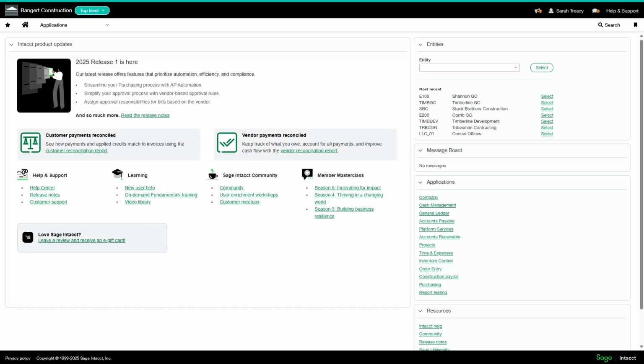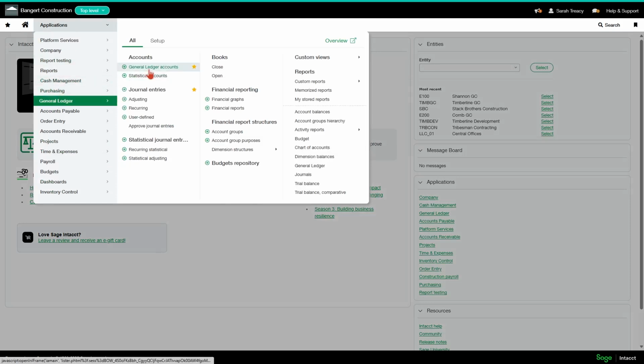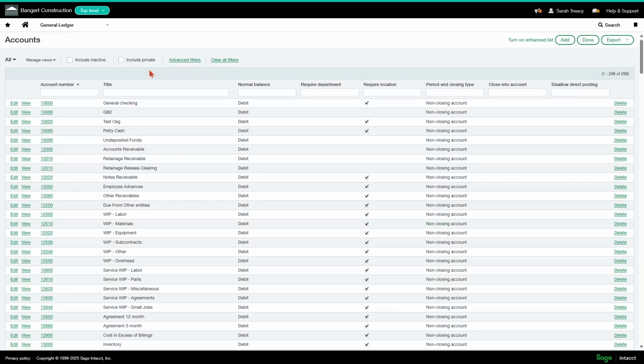So you may need to delete a specific GL account from your system. And let's say that that's a close to account. You would go to your applications dropdown, click into General Ledger and General Ledger accounts. So this actually happens quite a bit because there is an out of the box retained earnings account, and there